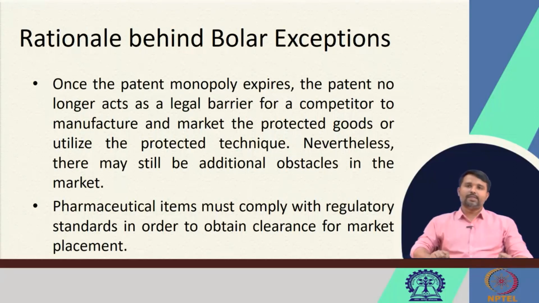So, once the patent monopoly is expired, a competitor is free to introduce the same drug in the market. That is because once the patent monopoly expires, the drug will fall into public domain, so that anybody can manufacture and sell it. But if a company wants to produce a generic drug which has fallen into public domain, they need to get some approvals from the Drug Controller of India and also has to comply with some regulatory standards. In order to comply with the regulatory standards, they need to produce some samples and also do some testing.